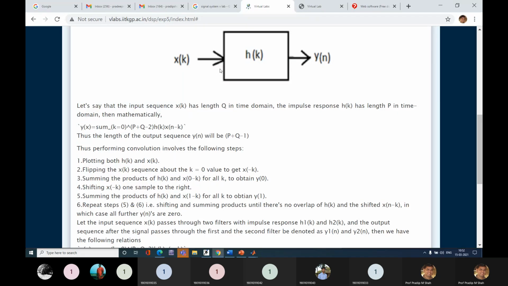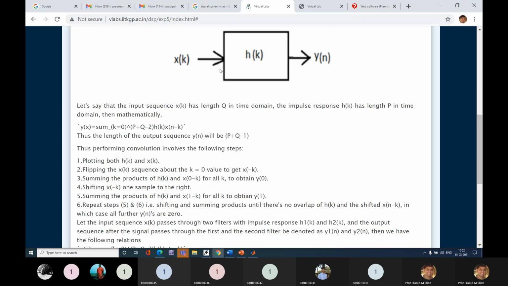How will I know that it will be a reversal? Because in the mathematical expression, it is x of n minus k or h of n minus k. That minus, meaning n minus k, indicates that I need to reverse the signal or sequence.